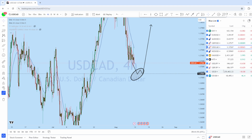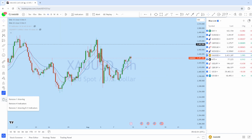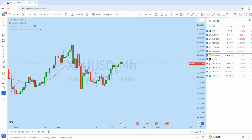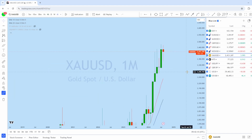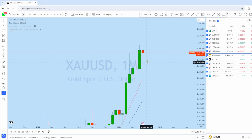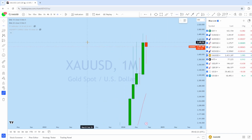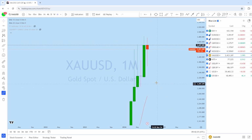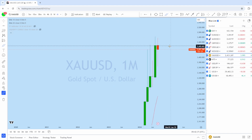Now let's see what kind of opportunity we have on gold. And gold, as you can see, past week was very volatile, expecting this week as well gold to remain highly volatile. Looking at the monthly chart on gold, this is the monthly candle, and in this monthly price action we can see there is a long wick at the bottom, and with that long wick expecting gold to retest this resistance and then to drop again, as this resistance is a very important level on gold. And with this resistance retest on gold, expecting the market to drop down to create a new lower